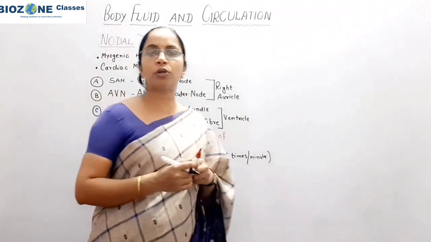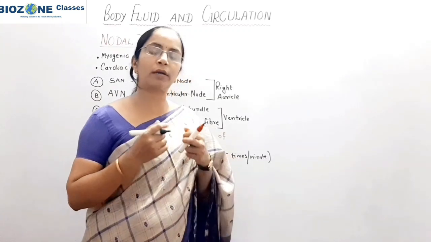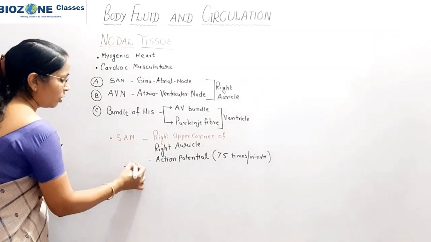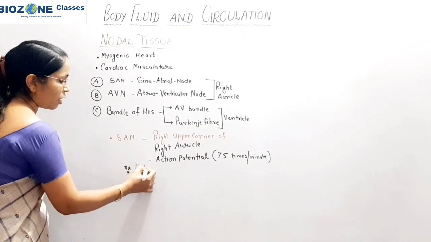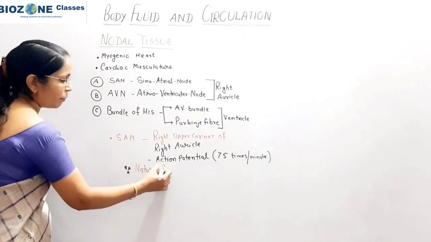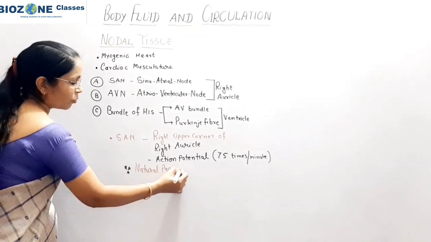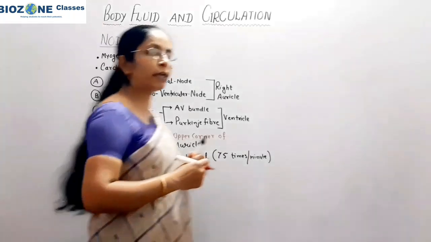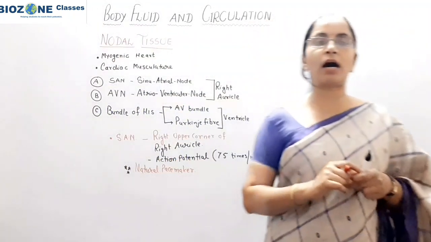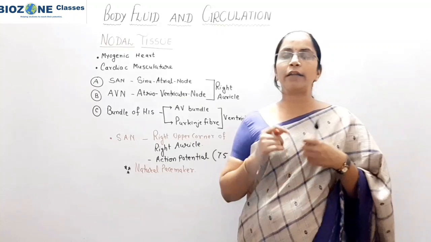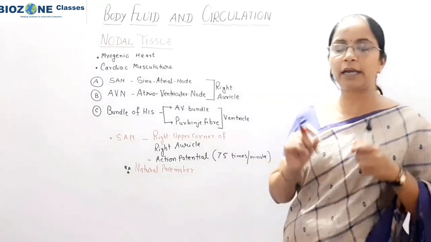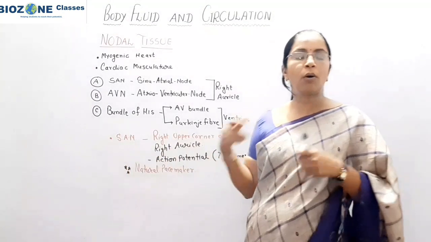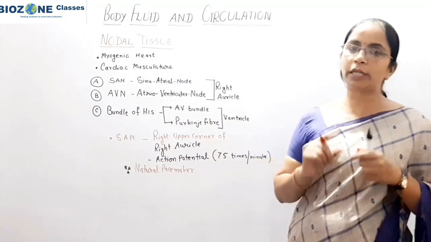Because the conduction of the heartbeat takes place under the control of the SA node. So SA node, you remember, is called the natural pacemaker. That's why, if you go through last year's question paper, you find one question: in which part of the heart is an artificial pacemaker transplanted? Artificial pacemaker, you remember, is used in the right auricle, or it is applied at the SA node. So that part you remember.